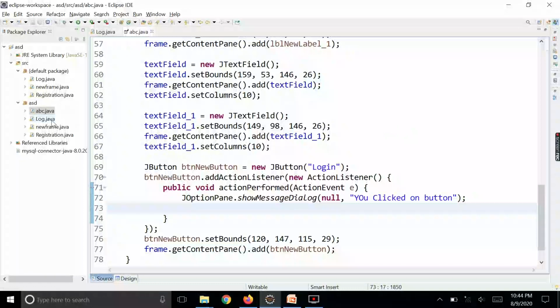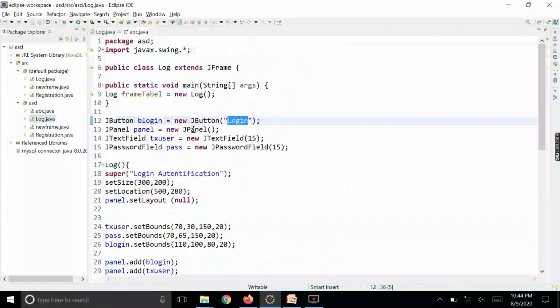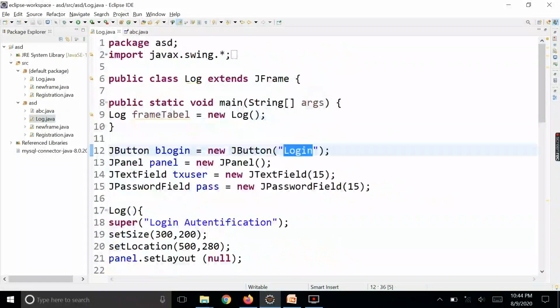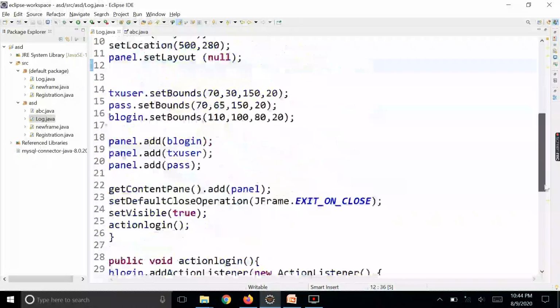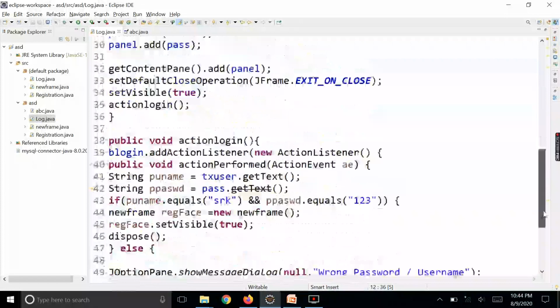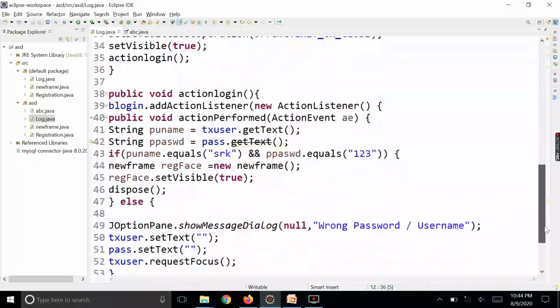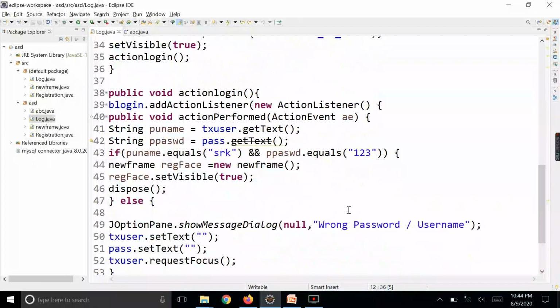Similarly I have one more example. This example talks about a login home. Similar to the previous program, I have created two text fields, and I am reading these two text fields using the action listener.